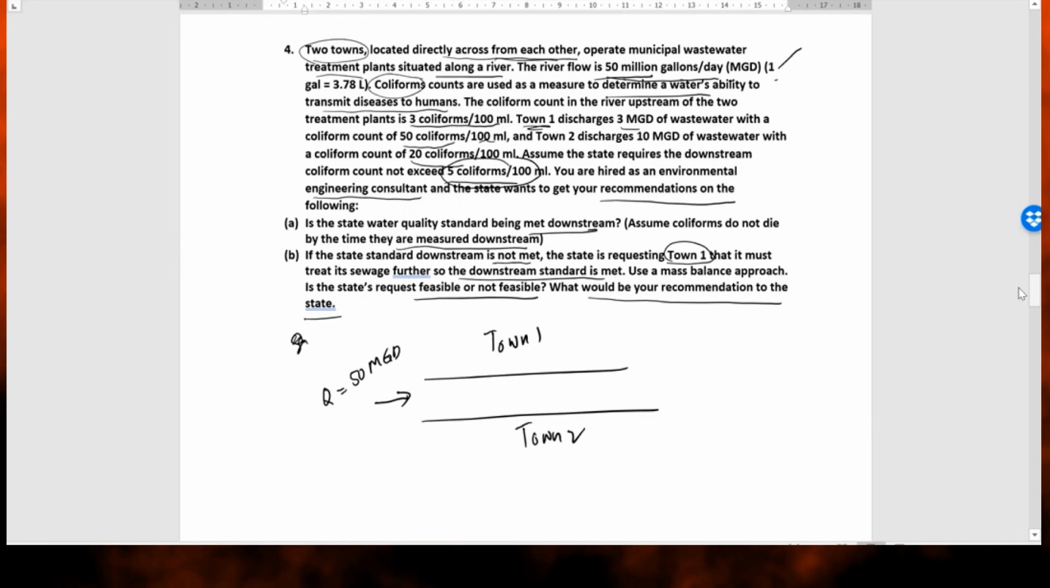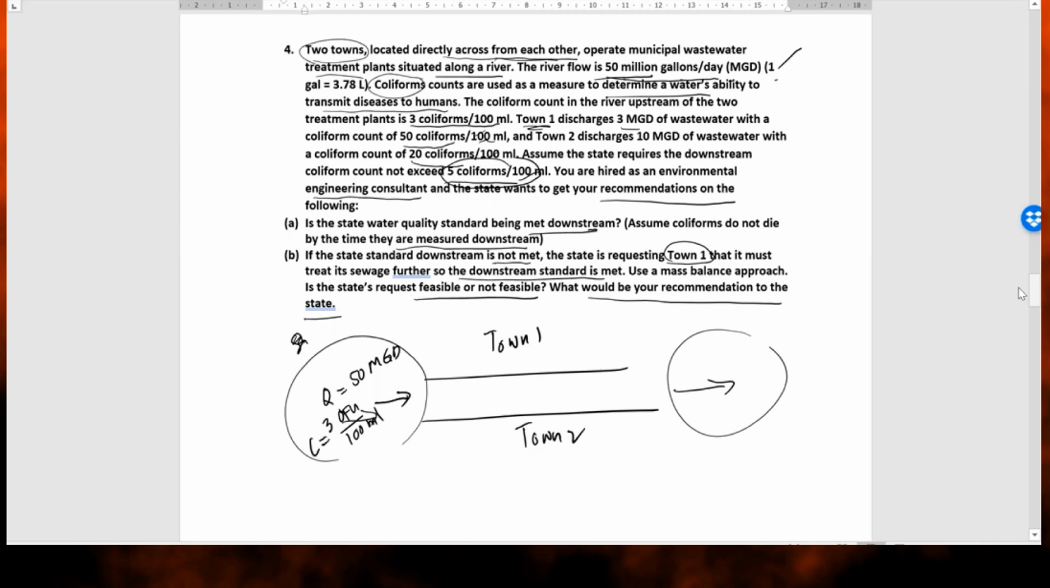So the coliform count in the river upstream. This is upstream here, and this is downstream here. Upstream is the higher part, and downstream is here. So upstream is 3 coliforms per 100 ml, 3 CFU per 100 ml. Everything is 3, so you can just put it here, 3 CFU per 100 ml. That's the concentration, C,